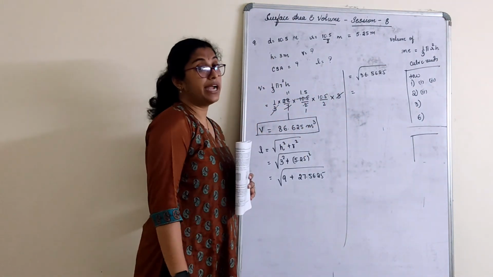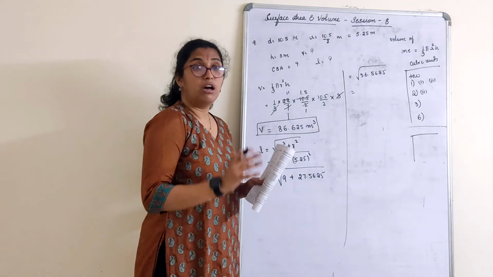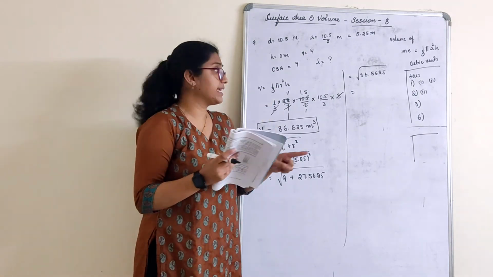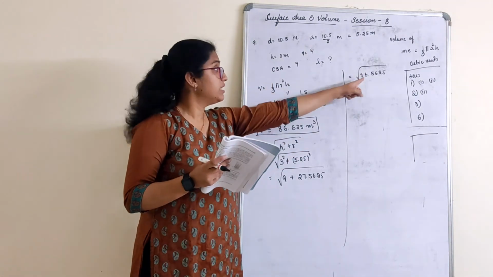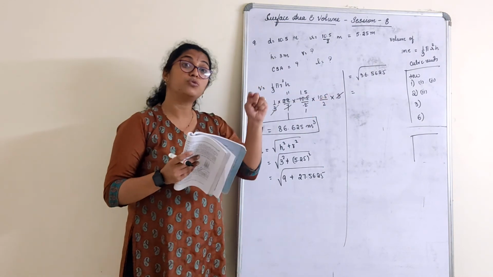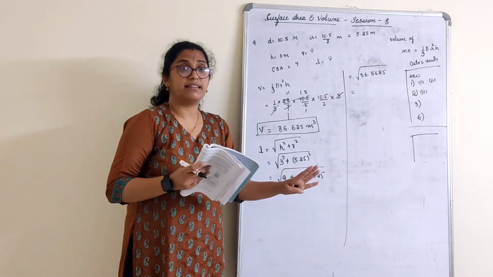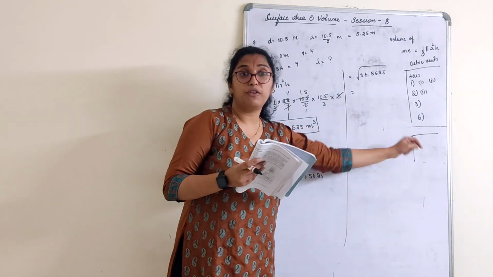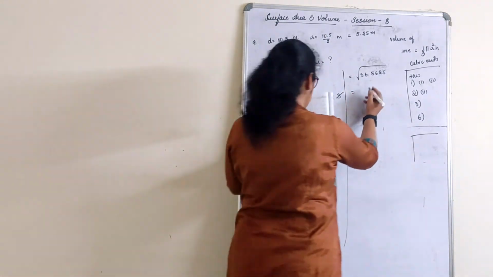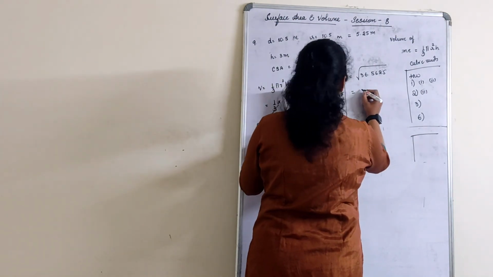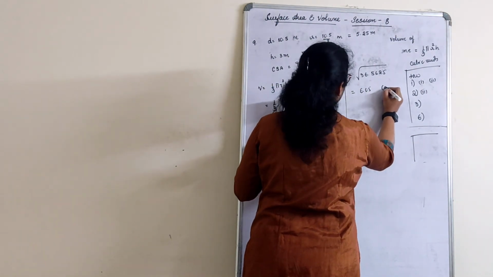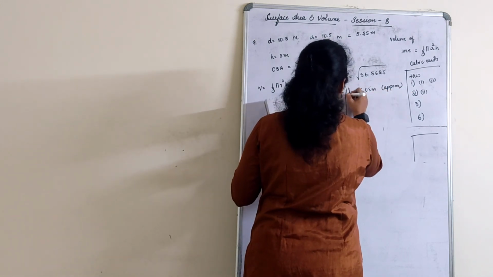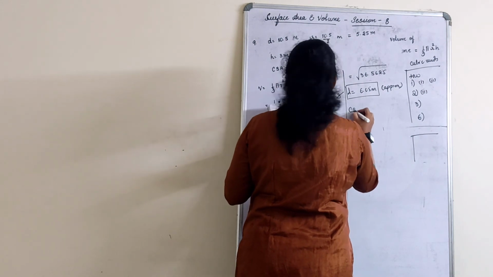Now, how do you find the square root of this? Long division method which you had in 8th standard. You have to perform that. Approximately you get it, but this is the only sum in the whole chapter where we got the slant height in terms of decimals. Otherwise, all the slant heights are whole numbers only, right? So this is the only sum where you have to perform a long division method. Direct answer I'll give you, which will be approximately 6.05. Okay, slant height, meter.